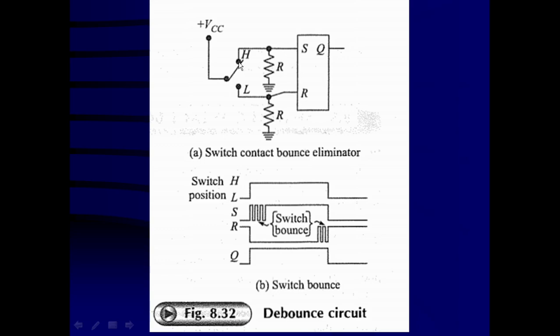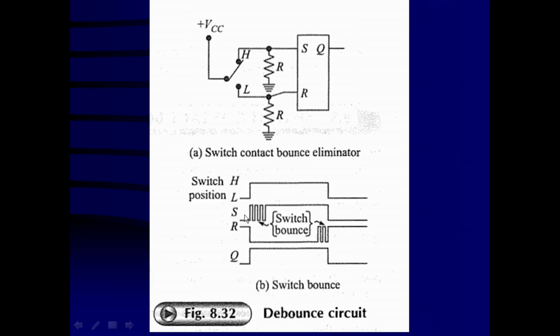This contact is bouncing on this hard surface at H, and hence multiple signals are going to appear at S here. So the S input becomes 1, but that S input becomes 1 and 0 so many times. So multiple signals are going to appear here like this one. So the switch position is changing from low to high according to the waveform. You can see here that S is facing multiple signals like this.